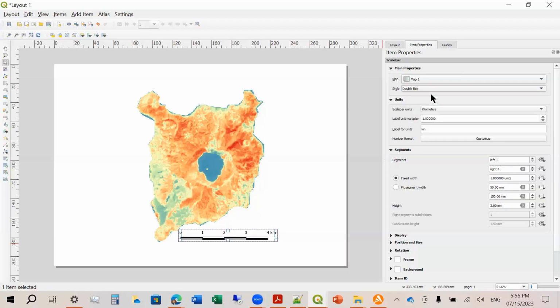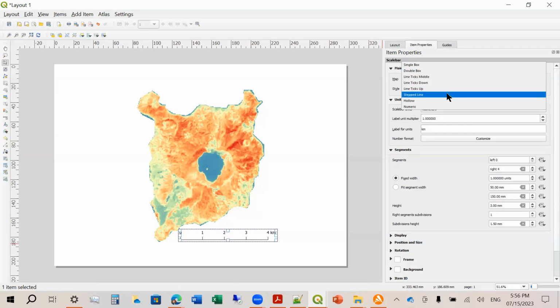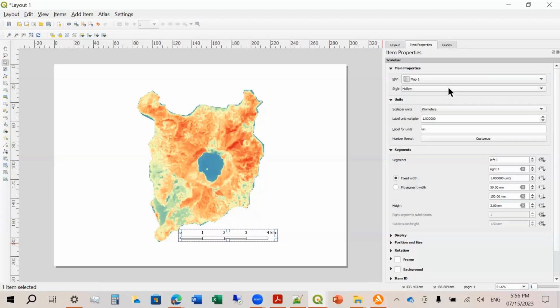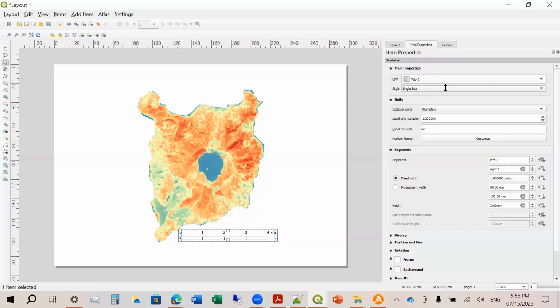You can change the style. So let's say double box. You can also do ticks. You can also do ticks down, ticks up, step line, hollow, numeric. Like this for the scaling. So I want a double box. It looks nice. Single box, etc. One double box, but